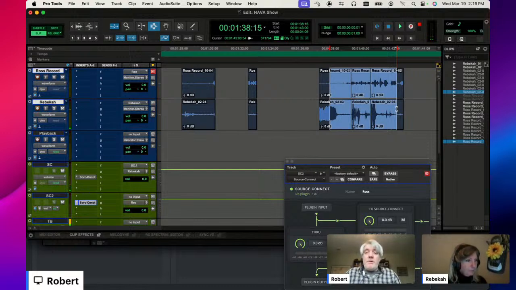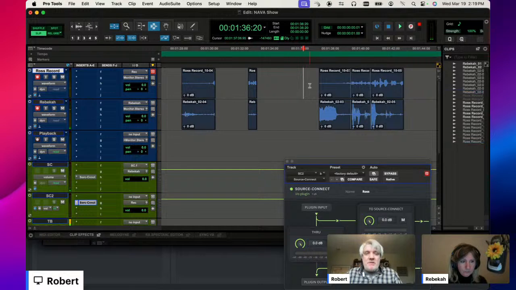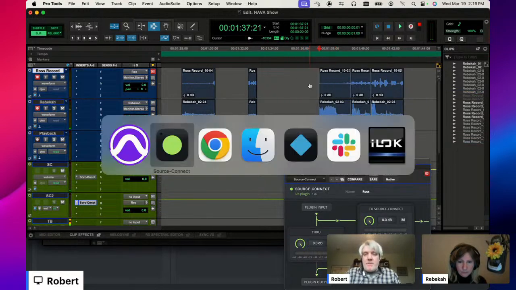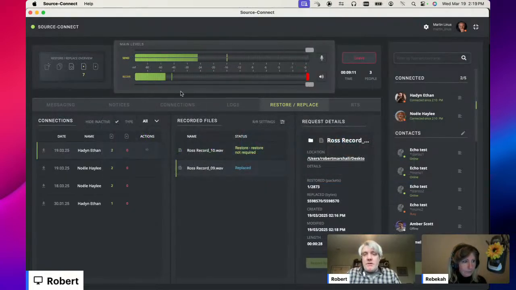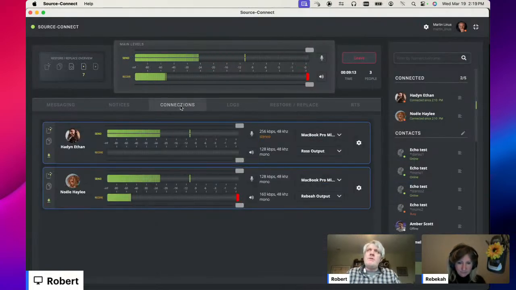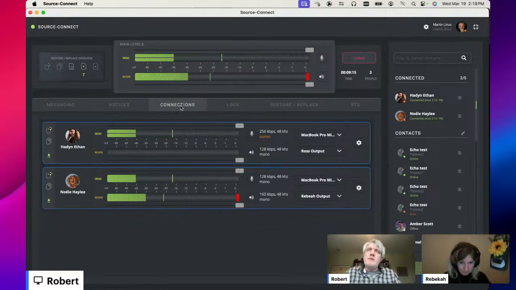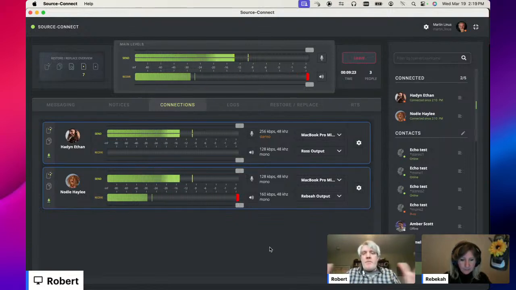So, here we just really quickly dived into a multi-record, which probably a lot of people are just going to be doing single recordings with a single actor, but obviously Source Connect is able to do 2. And actually, what is it, 6? Is it you and 5 others, Rebekah? Is that the current limit? Yep, 5 others. So you and 5 others will increase that,